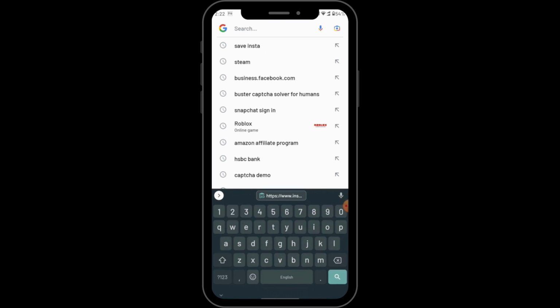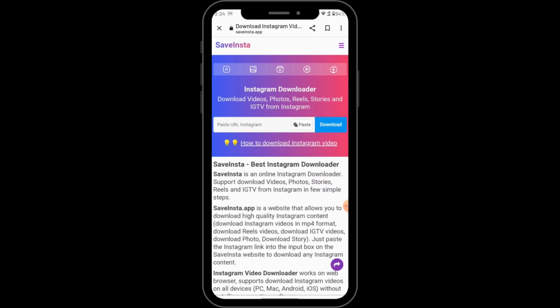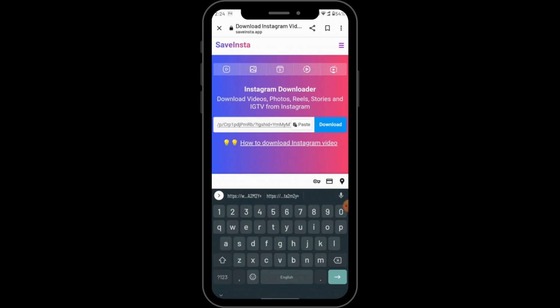then search for Save Insta. And after searching, on the first search you will have Save Insta. Tap on that, and then you will have paste URL Instagram. Paste your copied link here, and then